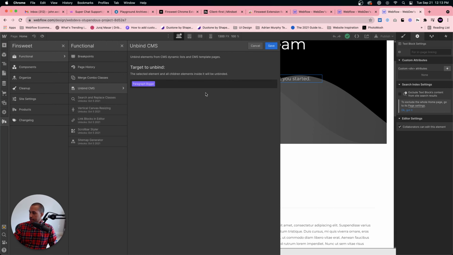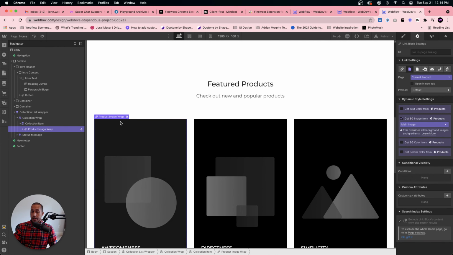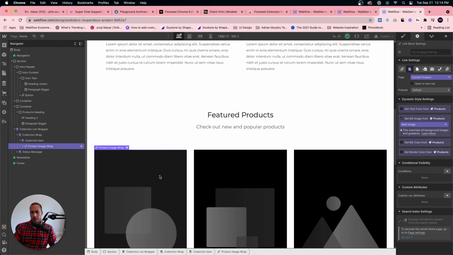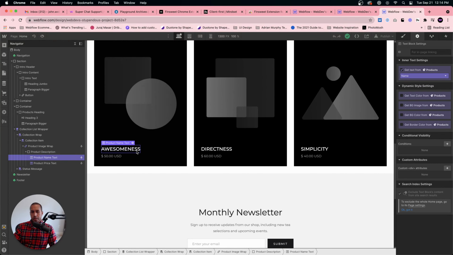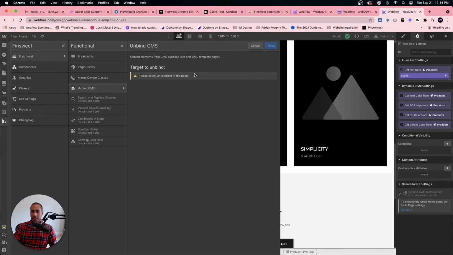Let's see. Yeah, good times for sure. So I guess any element is fair game to be unbinded, even if it's not bound to the CMS. I guess for this element, like if I want to unbind this image. So let's see. Or this product text, let's try that. But if it does do this, then I don't see this as serving